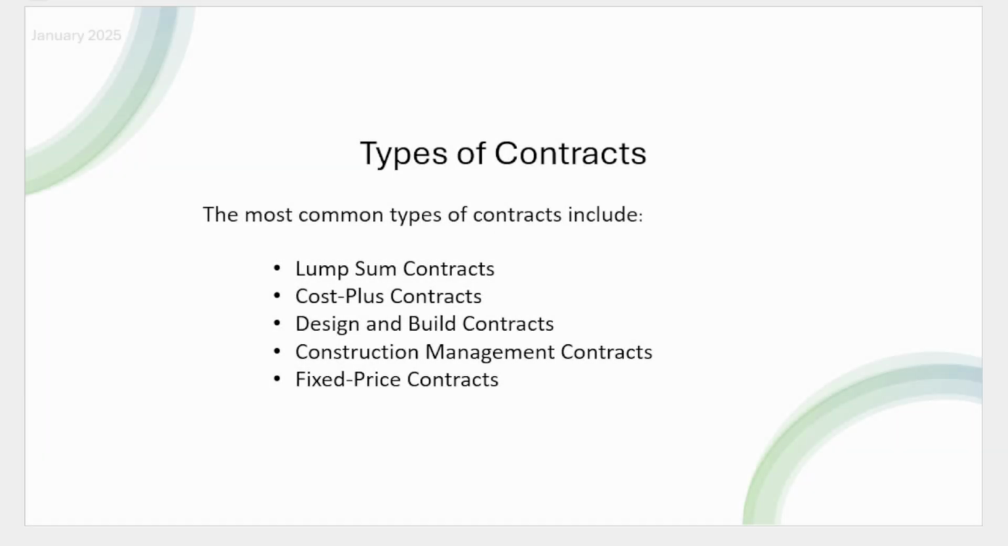The most common types of contracts include lump sum contracts. Under a lump sum contract, the contractor agrees to complete the work for a fixed price. This type of contract is commonly used in smaller or well-defined projects where the scope of work is clear and unlikely to change. The contractor takes on the risk of cost overruns, but benefits if they complete the work under